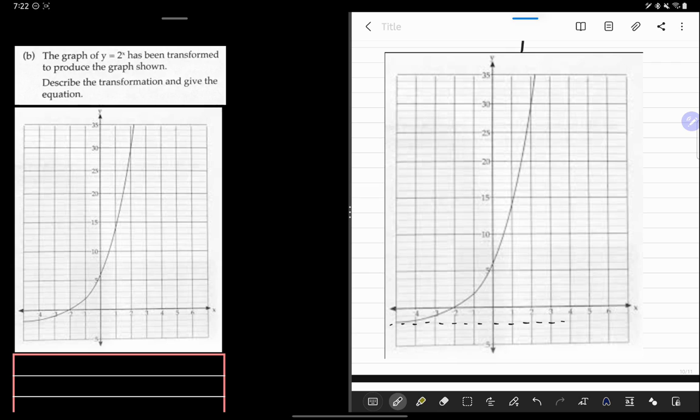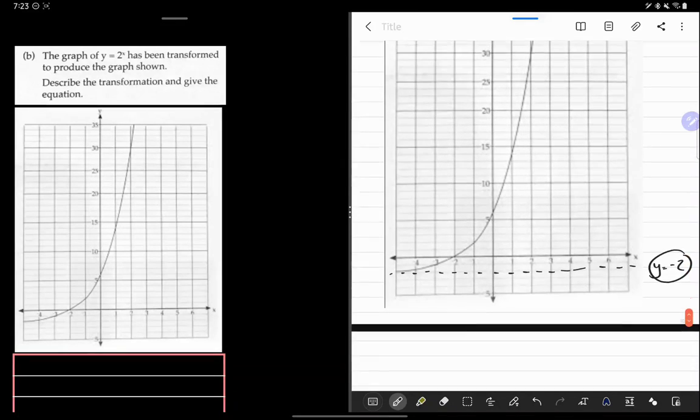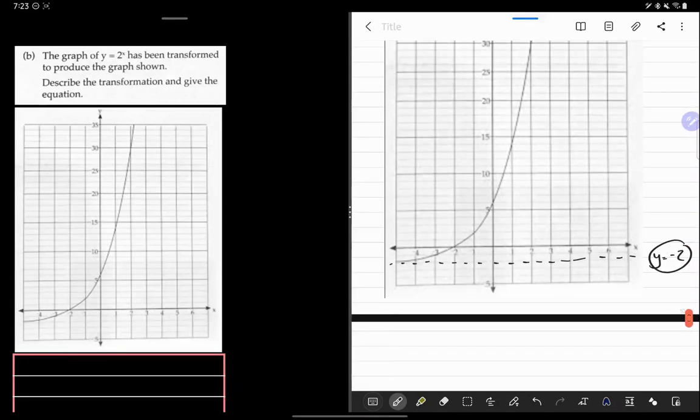So thinking about it like that, right there, that is at y equals -2. Yep, that looks about right. Now, I wonder when it hits exactly y equals -1, which is the y-intercept, where it would have been on the y-axis, and it looks like it might be just there,